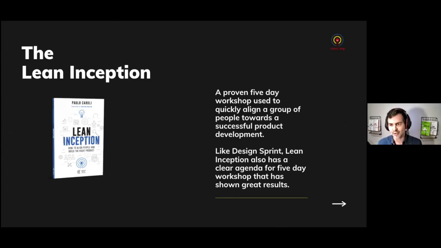And then we have a lot of coincidence between Jake and myself, that we both came to the conclusion that we need a highly collaborative workshop that lasts for a week. By coincidence, his workshop is 5 days, my workshop is 5 days. And at the end, we open options, and at the end, we arrive at a good place to start product development. Totally.